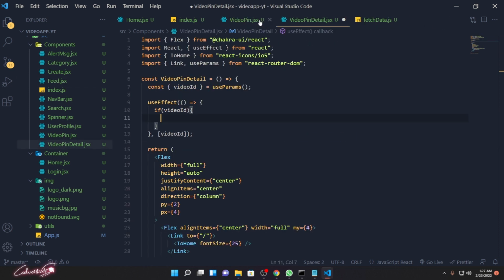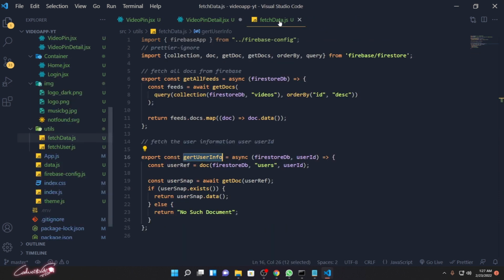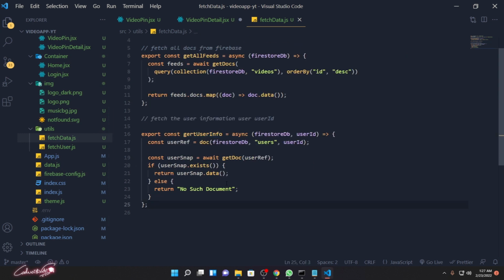Feed, we are done with feed. Let's close this. Index, we are done with that. Close it. Home, we don't need it right now. Close it. Go to the fetch data, and now we need to write a command to get the specific video. Okay, we need to get the specific video, just like that. Same thing what we did for the user, we are going to do the same thing over here. Fetch the specific